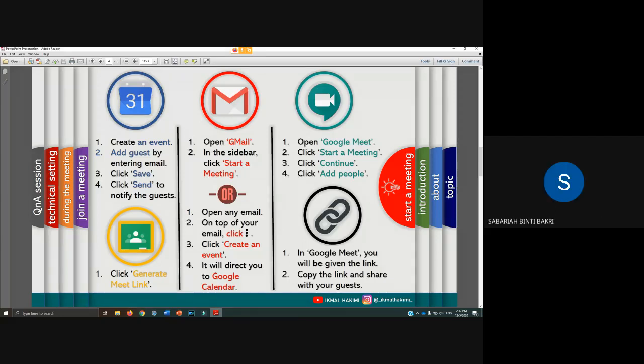Assalamualaikum Brother Ikmal. Yes. Okay, I'm not very familiar with this Google Meet, and I want to know whether, using a calendar, just now you explained that we need to use the email address for the guest. So can we copy, because if I'm not mistaken, in iTalim there are emails that we can email to students, right? So we can get their email addresses, right? So can we copy, because this is more on technical things, right? So can we copy that email address